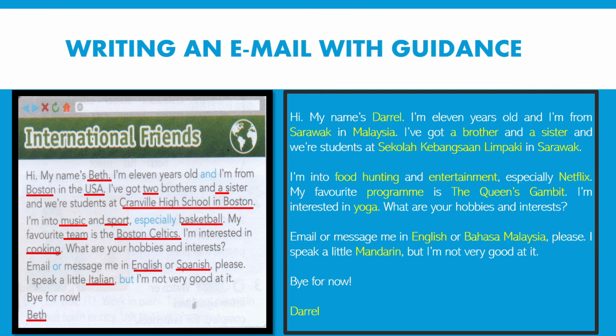This is a detail about myself. Imagine I'm not your teacher. I'm also one of your classmates. So this is my detail. Focus on the yellow color words. These are the information that I changed, but the format I still follow exactly like the one we read from the text.